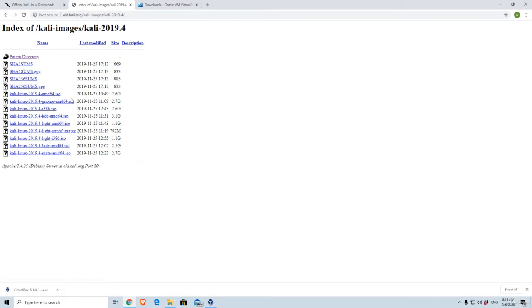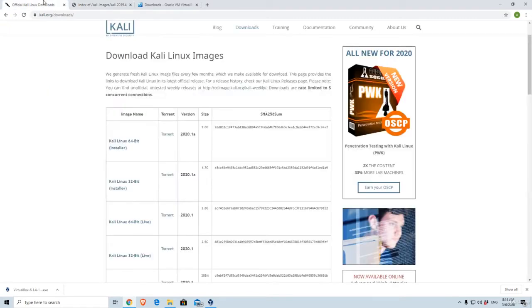Okay? So I would simply just download Kali Linux 2019.4 and use this ISO file in order to continue the installation. If you want to use the newest version, well, then you download this Kali Linux 64-bit or Kali Linux 32-bit depending on your machine, but you are most likely going to have a 64-bit machine. So once you click on it, as we can see in just a few seconds, it should start downloading it, but I'm not going to wait for this because I already have the ISO file downloaded,